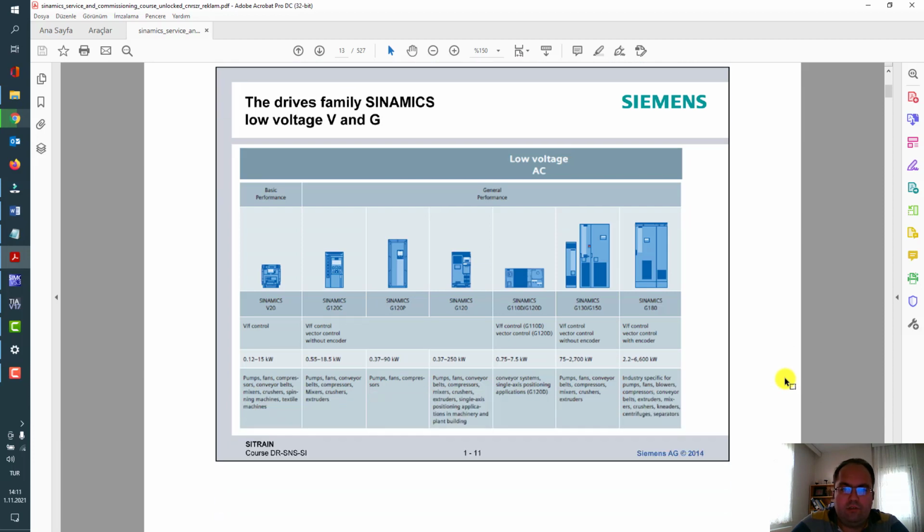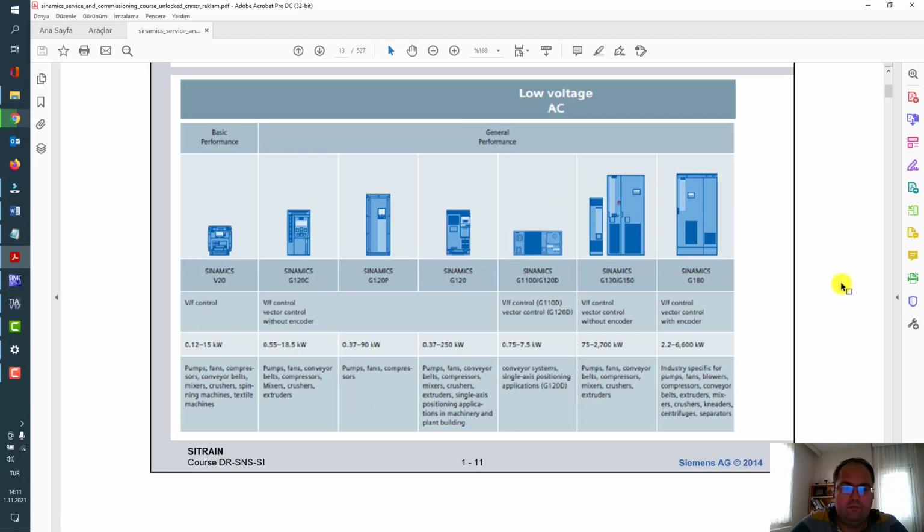For the low voltage V and G drives, you will see them here in a more detailed view. Basic performance with Sinamics V20, for example, asynchronous motor control up to 15 kW for pumps, fans, compressors, and so on.